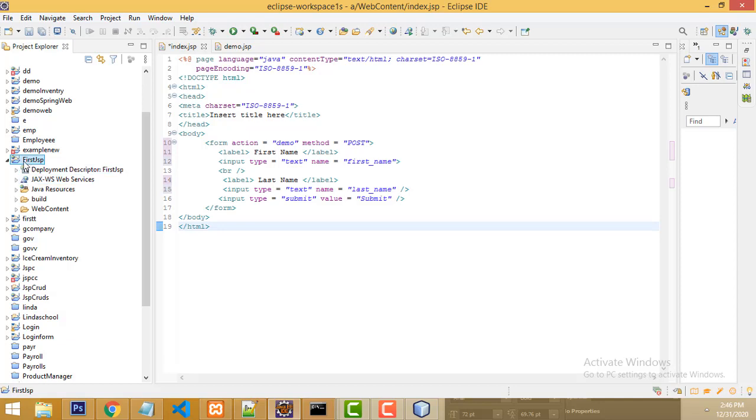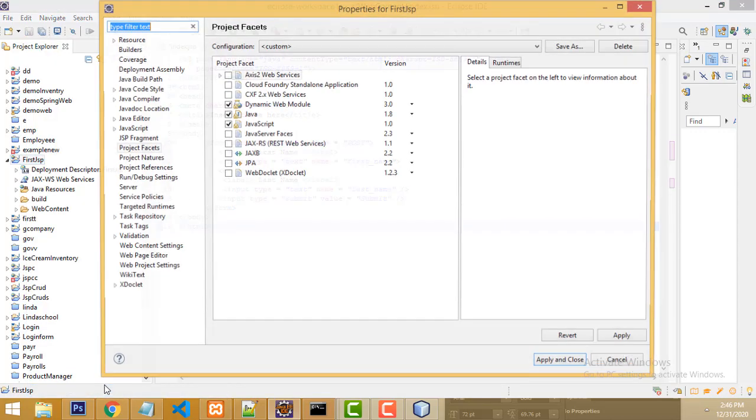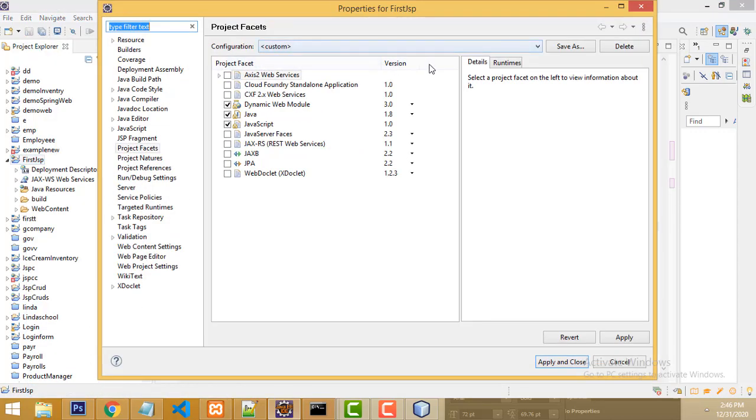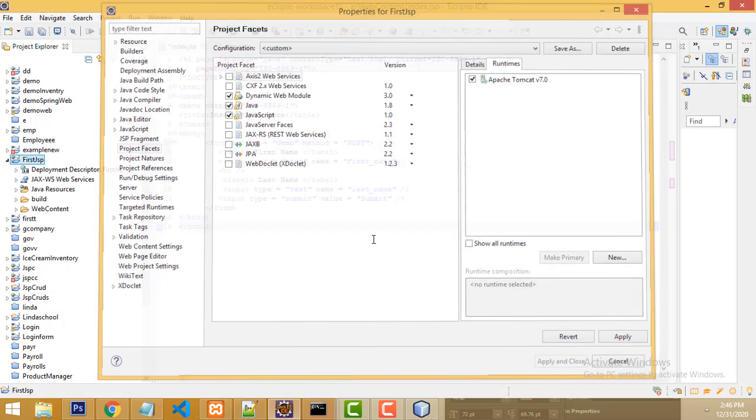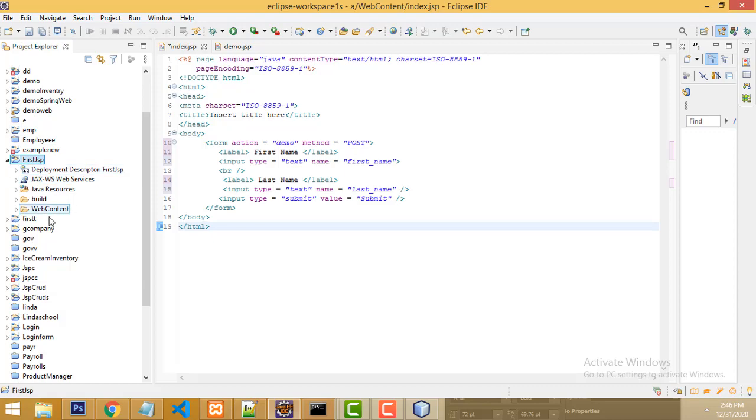So select your project, right click, properties, runtime. Here you have to make sure Apache 7 is selected. The Apache server is automatically there. If you have the latest version, select it, then apply and close. Now your path will be set successfully.